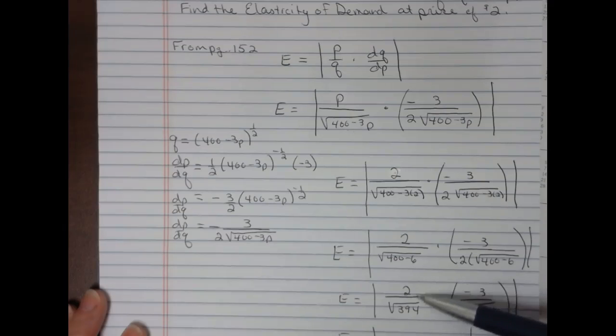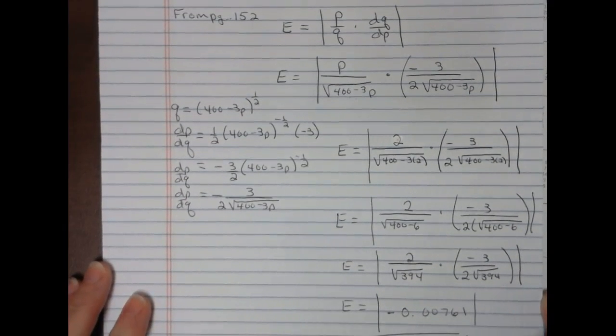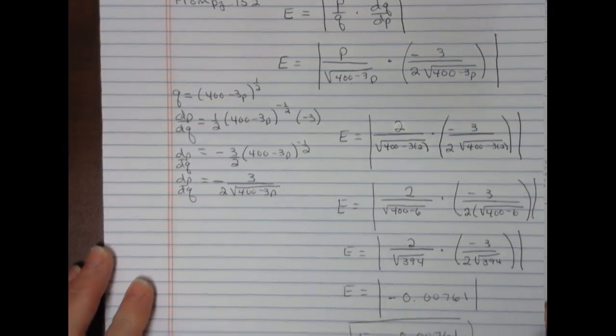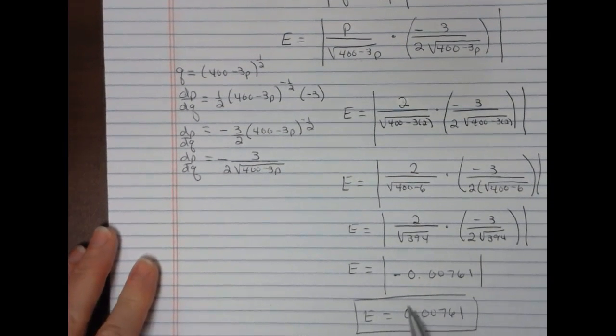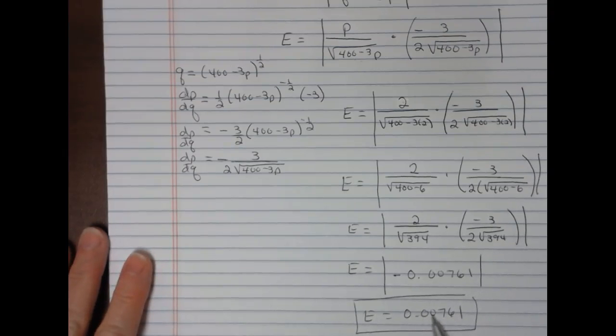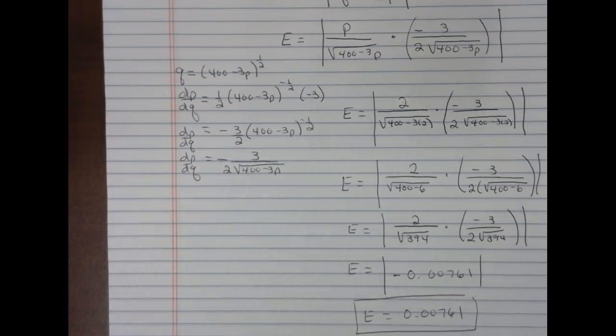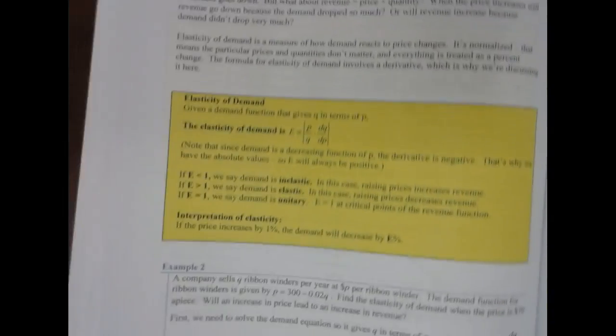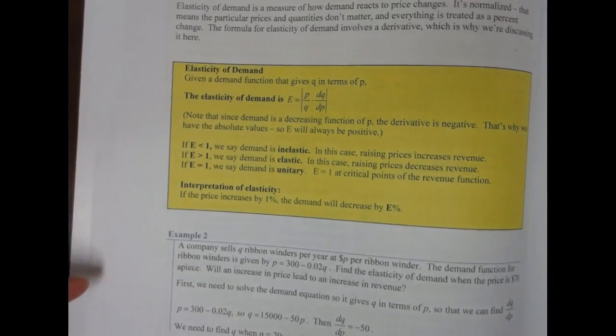And when I plug all this in my calculator, I end up with an elasticity of an absolute value of a negative 0.00761. Now I did round this value, and the absolute value means this is going to be positive. So our elasticity is 0.00761. And if we refer back to the textbook, which I'll just put right here,